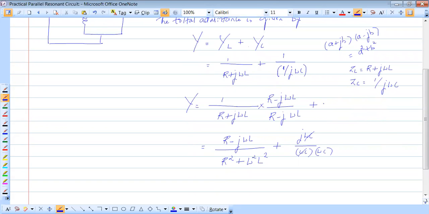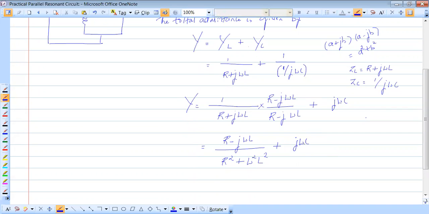At least one of you should have caught that mistake of mine, right? No problem if I make a mistake, that's all fine, but you should be telling me that I've made a mistake. Otherwise, it's a waste of time. Yes, it's j omega c in the numerator. Anyway, let's not go for rationalizing because the j term is anyway in the numerator only. Everybody's okay with this?